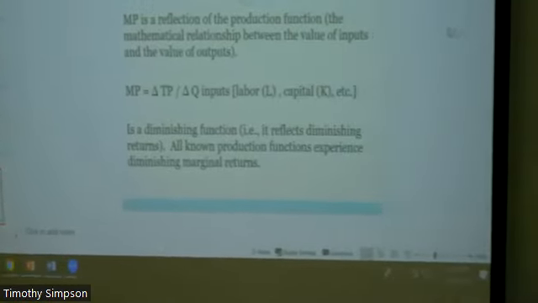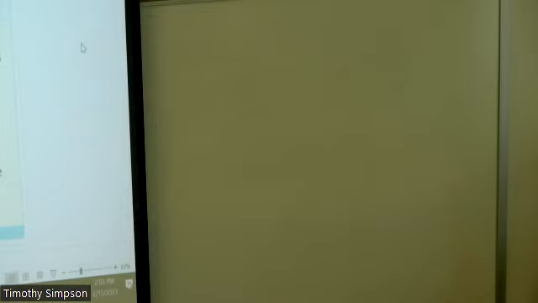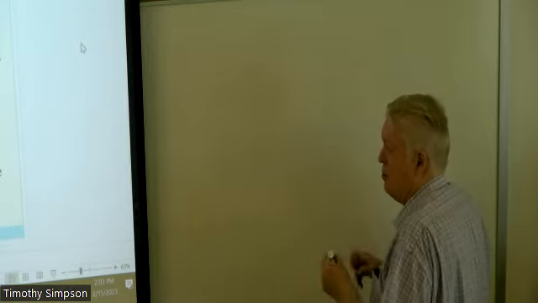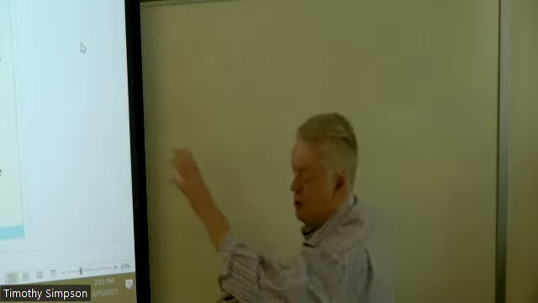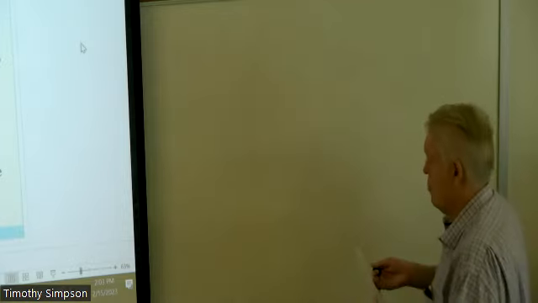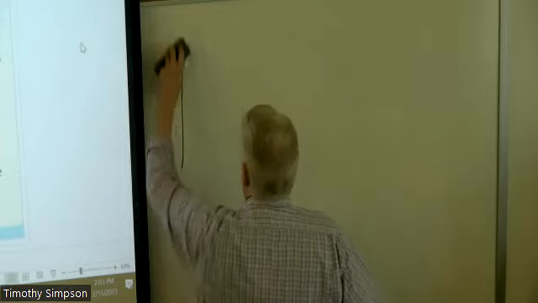Let's talk about graphically what this looks like. So what do we got going on here? Remember, I talked about the idea that there's an interplay between the marginal and the total. The marginal is simply the change in any kind of a total divided by the change in something else. So if we were to plot total product on one axis,